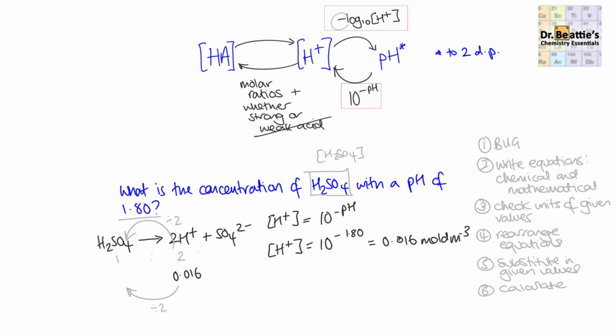And so when we divide 0.016, we get 0.008 moles per decimeter cubed. And so that is our answer. And you can see how this really easy, simple calculation and set of relationships can be really useful in the